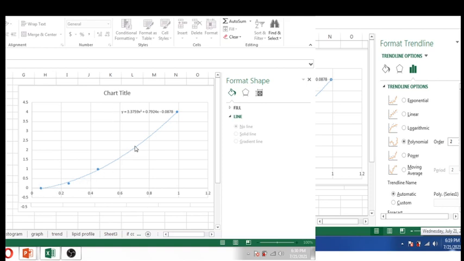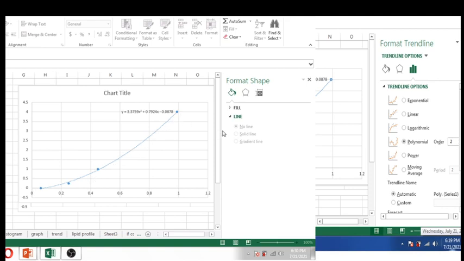After we draw the XY scatter, we use the option of choosing to add a trend line. When we use that option, Excel throws us a lot of options for the kind of trend line. Default would be linear. You could use an exponential, logarithmic, polynomial, or whatever it is. Usually polynomial is a good choice, and in the order you can add order 2, 3, 4 depending upon how the graph is formed and how well the graph touches all the points of your standards.